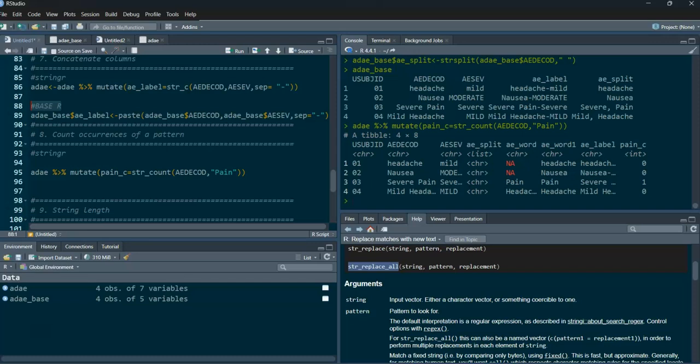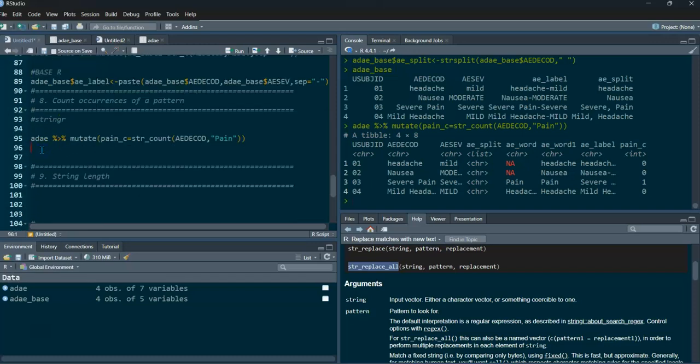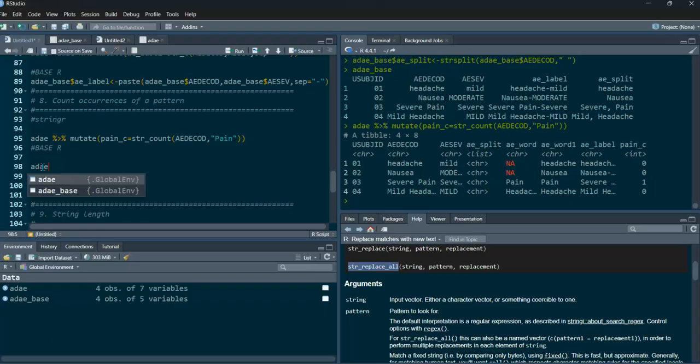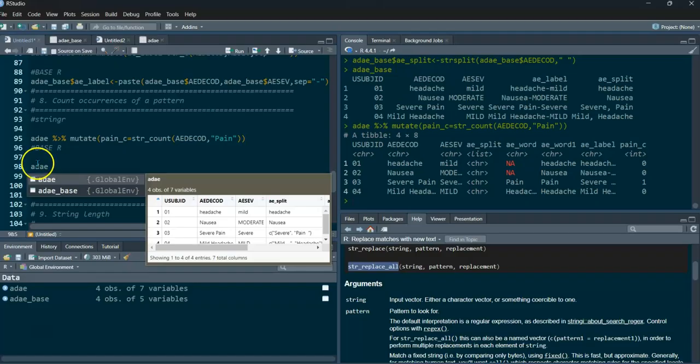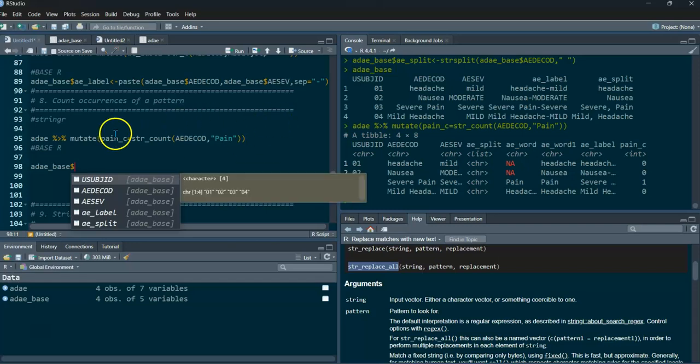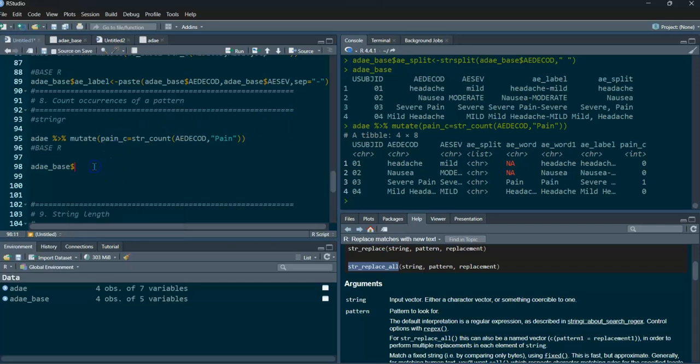Now how can we do it with the base R? The same task we can do with the base R. This is a very long and tedious process, but let's try. AD, sorry, AE, AD, sorry, I'm confused. AD, AE and underscore base. On this data set we will work, dollar symbol, but the variable we want to create is this one, so I'm just copying and pasting here. This is a bit complex, so